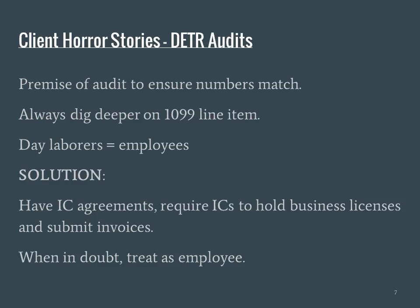But what happens is during these audits, the investigator or the auditor will always point out the 1099 contractor line item in your QuickBooks financials or however you keep your financials. And they will look particularly at anybody who's paid more than normal or that seems to be paid more than everybody else. And they'll ask you what that person does for your company. And unless they do something that's completely outside the normal offerings of your company, for example, if you have a plumbing company and the person you've paid as a 1099 is a website designer, that person is legitimately an independent